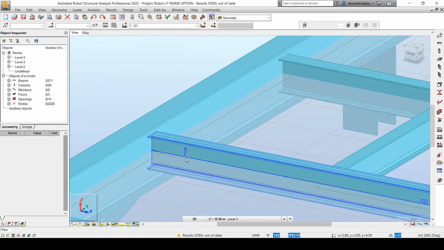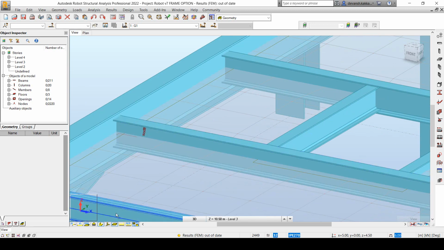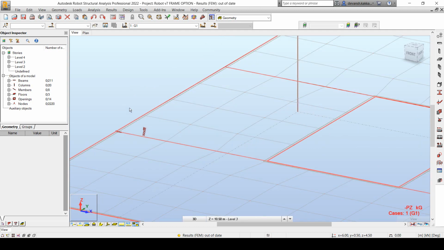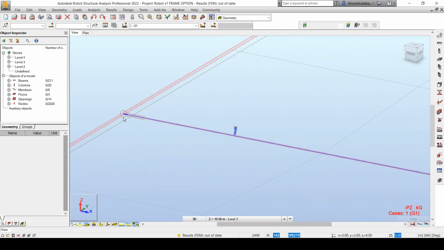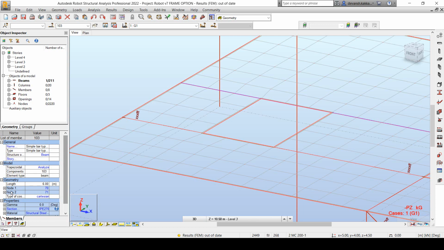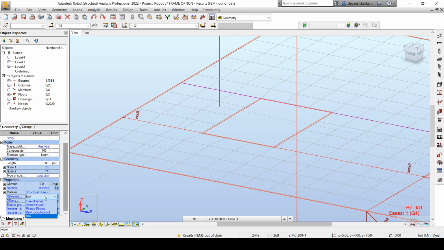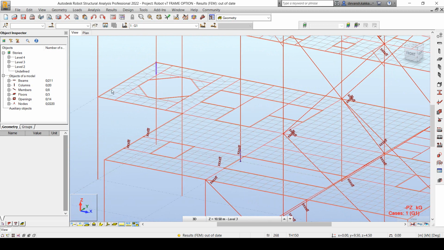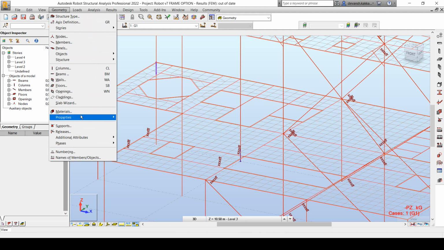So once the display is turned on, you can see the release code which has been defined for the releases. In this case, because it's a pinned condition, you can see it mentions XXX FFF, which indicates that we've released all the 3 degrees of rotation for that particular element at that particular node. It also shows the release symbol for that element. The same property can also be defined through the object properties menu within object inspector. So you have the release tool, and again, based on one of the preset release conditions, from the drop down you can pick the respective condition and it will automatically be assigned to the member.